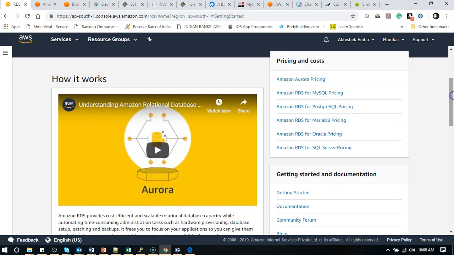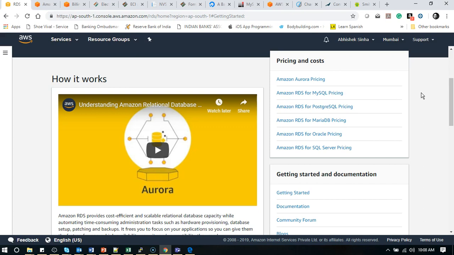And if we look at the supported engines, we have MySQL, PostgreSQL, MariaDB, Oracle, and Microsoft SQL Server. So overall it supports lots of commercially available database engines,